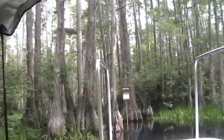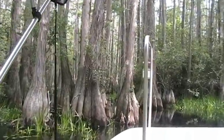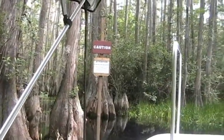You'd be able to go up here 8 or 9 more miles to big water, just like the open prairie like you would see on the east side. Because of low water, we've had to cut it off right here. But in a canoe or kayak or a private boat, you can still go